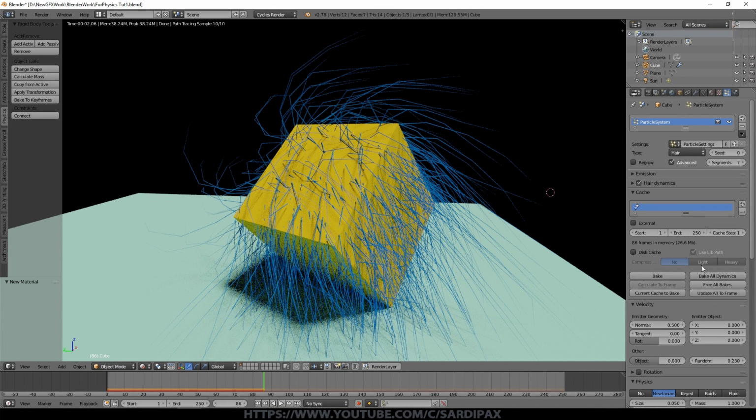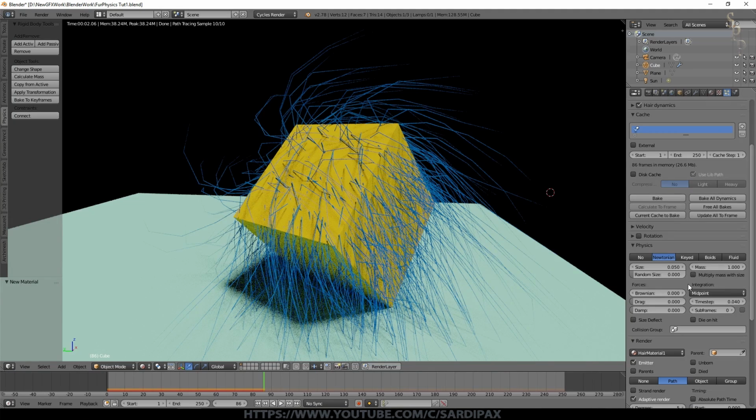Once you've created your animation, you will want to bake all dynamics, and that will bake things like the movement. It will basically write to a disk file the movement of the cube and things like that, as well as the movement of all the hair particles, which should make it easy to scrub through, although that doesn't always work with particles. So the next thing that we can play around with is that not all the hairs need to be the same size. So let's give this something like 0.1 randomness on the size. So there'll be some variation, 10% variation on the size.